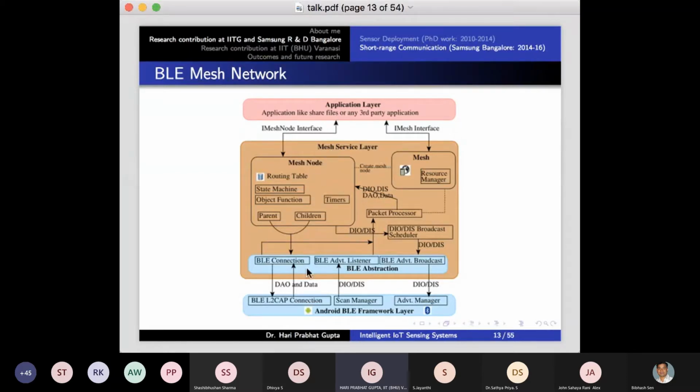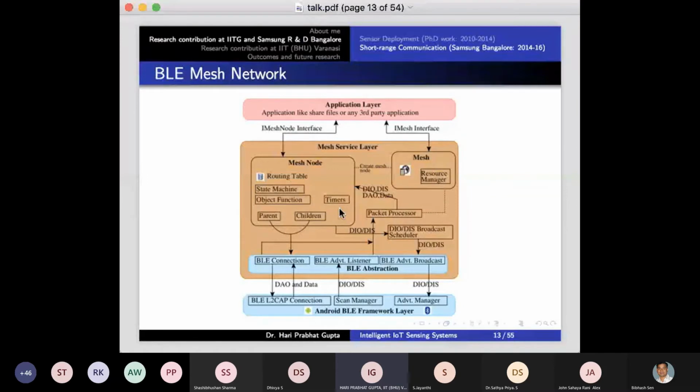This brown color is our contribution. We have designed a mesh network where we use two capsules. One is for nodes, the other is for connections. First is the node. It has the node information, that means the routing tables, the state, the objective function, and also a timer: how much time I am in active state before going into the sleeping state or outside the network, and the refresh of the link, whether my mobile device is nearby and still there,